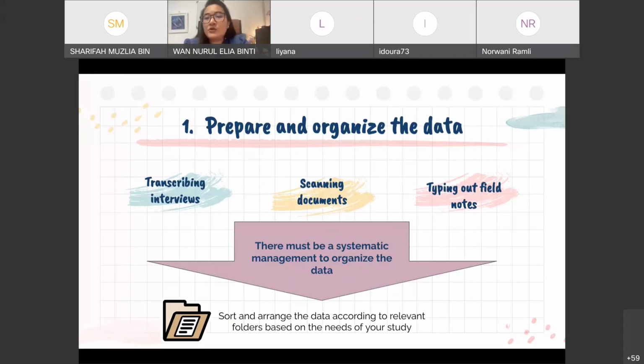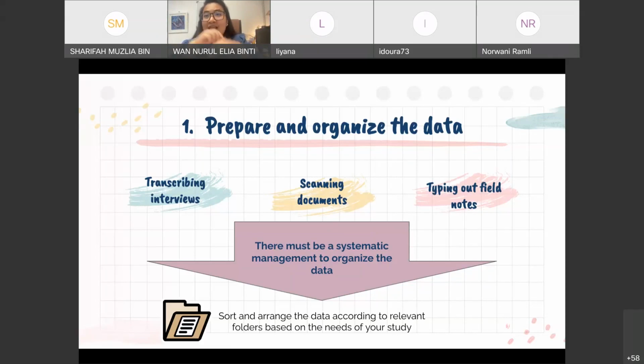All right. And you also need to type out the field notes. Let's say from the classroom observation, you have taken a lot of field notes. Sometimes you can't even read your own handwriting. Then very quickly you need to type it out so that it's not lost in time. Sometimes you tend to forget what happened in the classroom. When you type it out, things will become clearer to you as you go along, right? So the first step is always to prepare and organize your data. You must do this or else you will feel very overwhelmed. So step by step, step one is to prepare and organize the data, right?